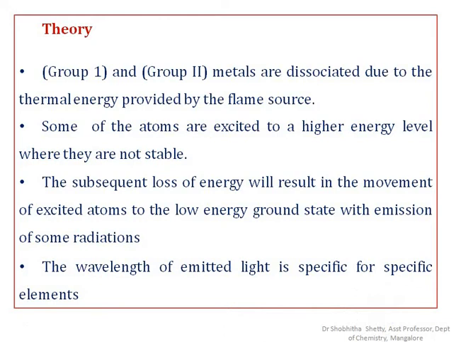And if you observe, the wavelength of emitted light is specific for a specific element. Like potassium, which gives a violet color with the flame in the normal Bunsen burner test, has a wavelength of 766 nanometer. And if you consider sodium, the wavelength is 589 nanometer, and in the direct Bunsen burner test, you can observe a yellow color in the case of sodium. So the wavelength of emitted light is specific for a specific element.